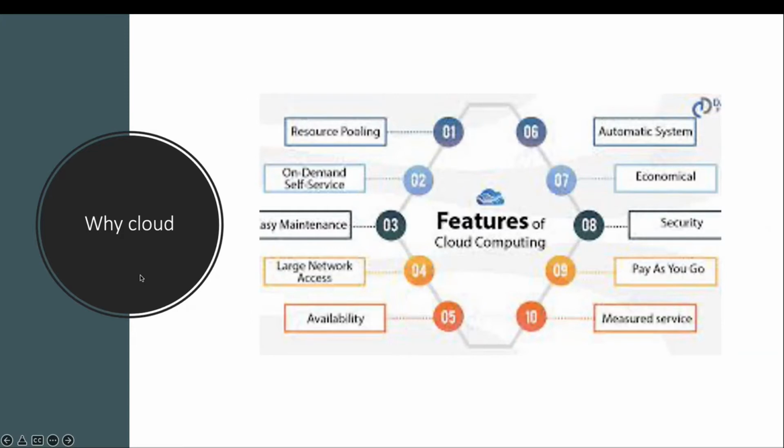Now comes, okay, fine, I understood this. Just a couple of seconds, why actually cloud? See, there are 2 schools of thought. One says that in all cases, cloud may not work. I'm not confident because I'm keeping my data in the cloud, and as per compliances and governance policies, it may not be allowed, right?